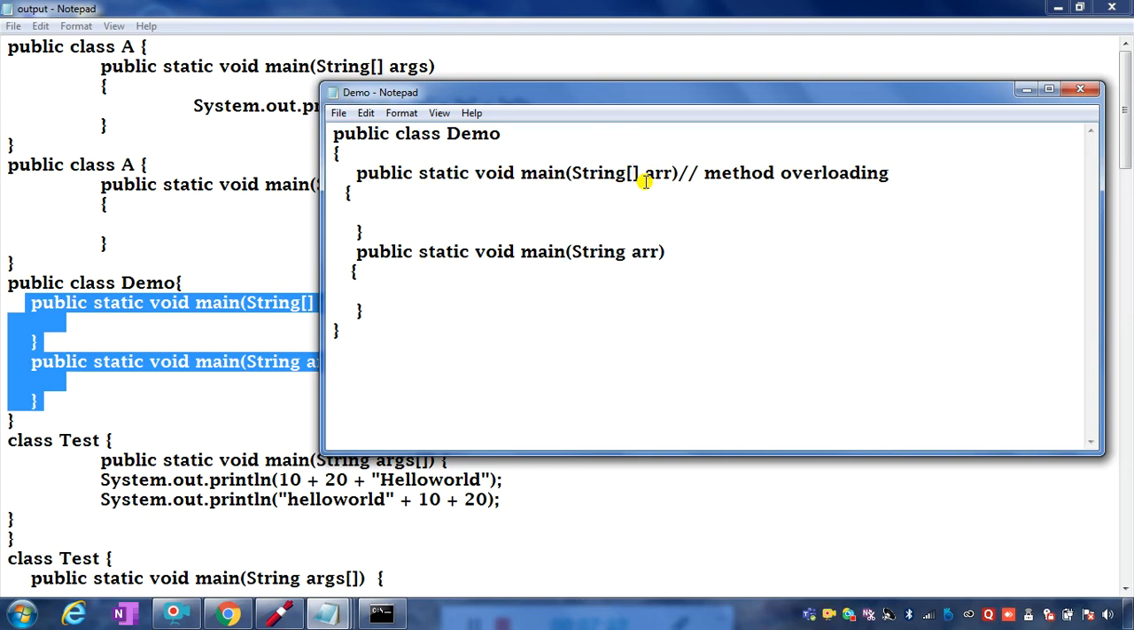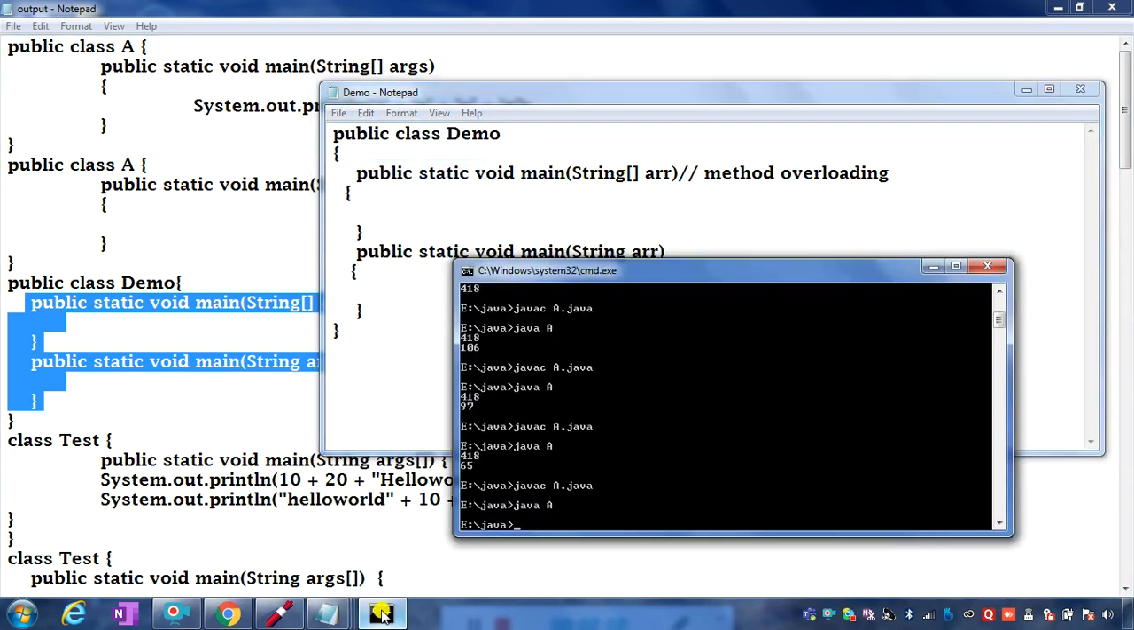Now when we go gradually ahead, we will see method overloading is one of the features of polymorphism. There you will encounter this. Now in this case it is an example of method overloading where the method name is same, only the parameters to the function are different. So if you execute this program,